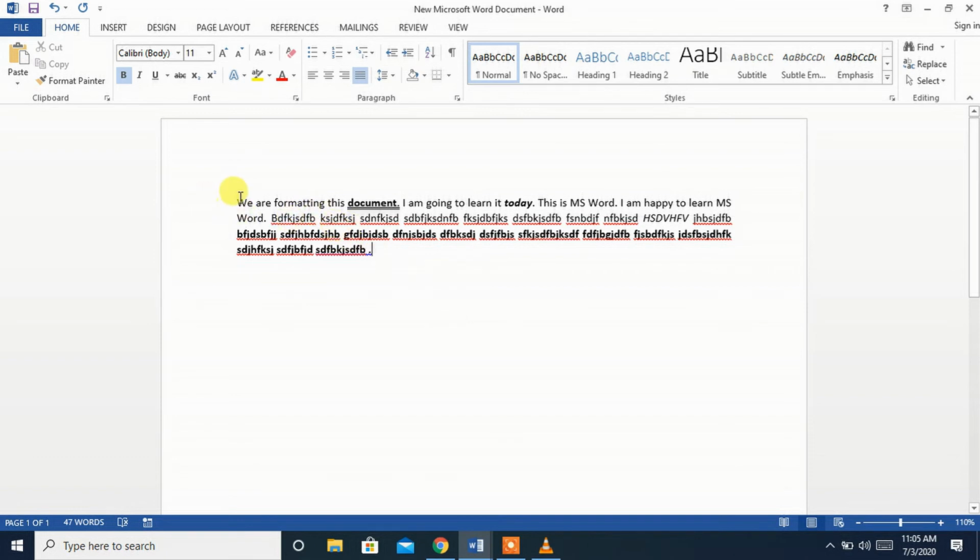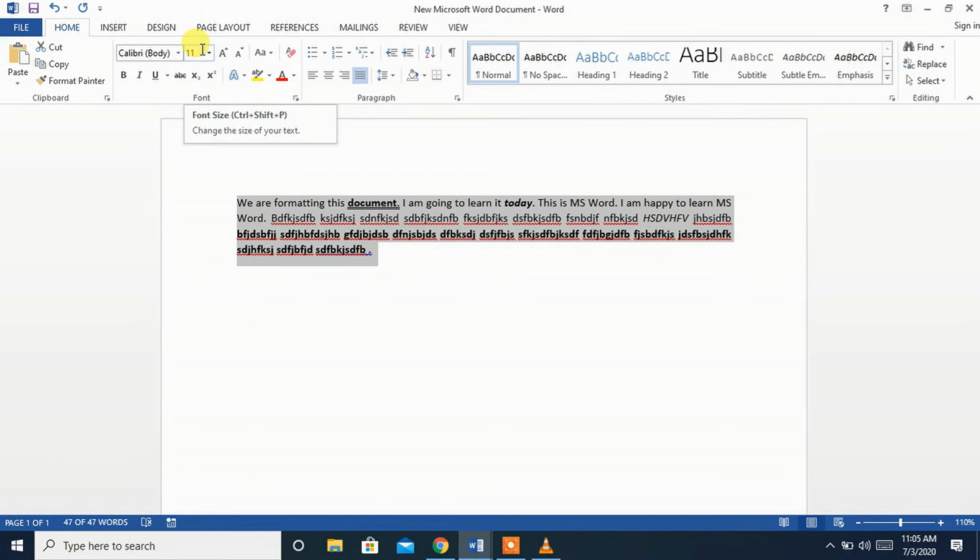So this particular paragraph is having the word size of 11. So if I want to change it to a lower or the bigger size, there is a option.